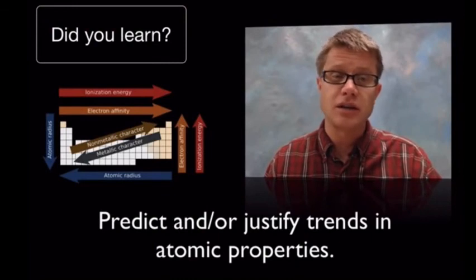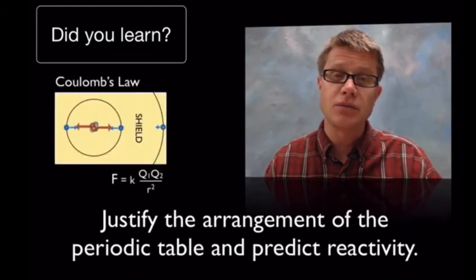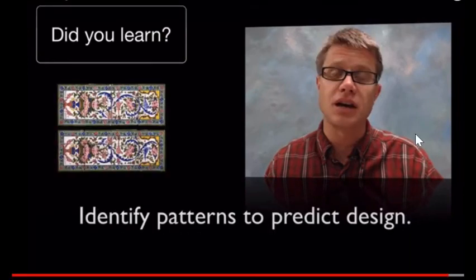So you should have learned to predict or justify trends in atomic properties. Where would I point you if you didn't get that? Remember looking at this chart and seeing how ionization and electronegativity change. If we were to look at justifying the arrangement based on reactivity, it all goes back to Coulomb's law. And remember, the bigger the charges are, the bigger the ionization energy, or the bigger the force holding the electrons in place is going to be. There's also the shielding effect. And then remember, we can identify